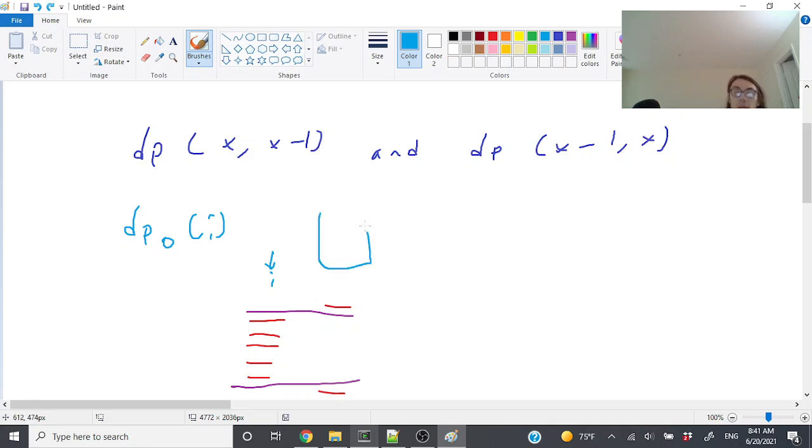So now we're only going to put stuff down on the right pile. And then dp1 of I is the same idea. We just put I down on the right pile, and now we're going to start putting some stuff down the left pile. And then we'll change it up later, but